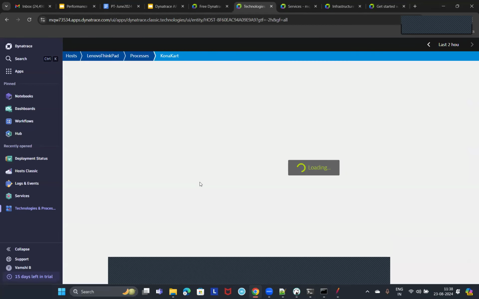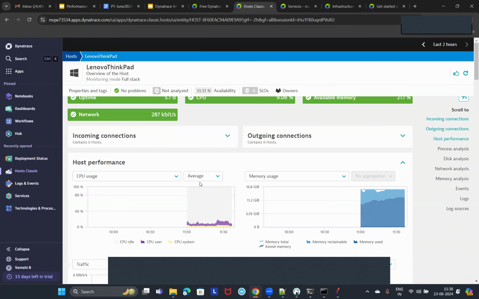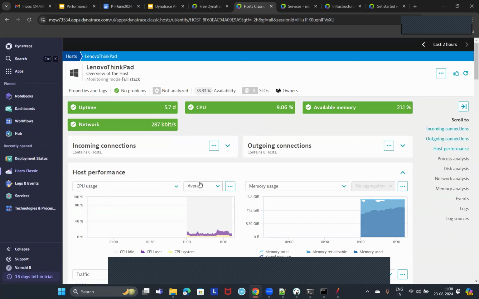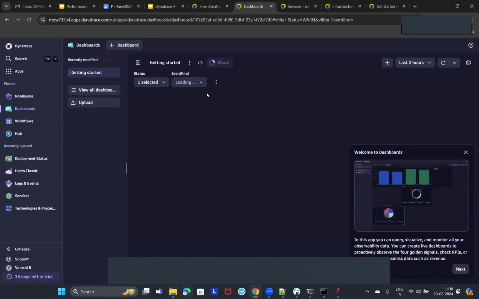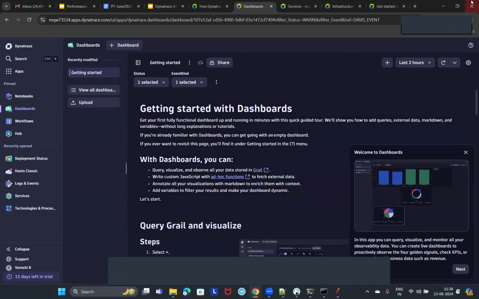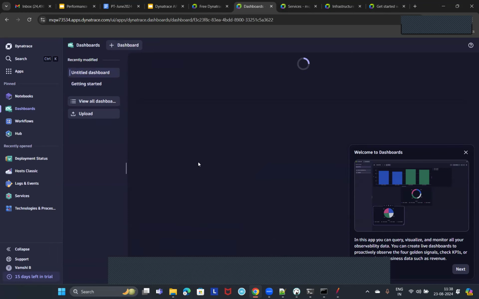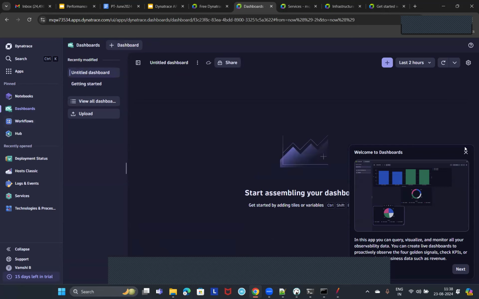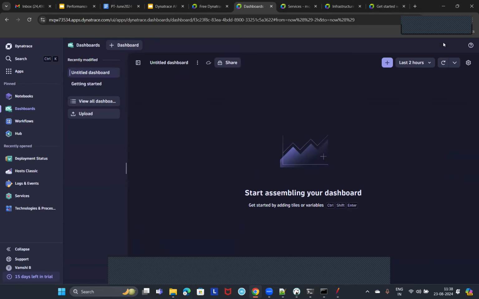Okay, and guys, one more very important benefit that you would be able to get is that you would be able to create a dashboard. So let's quickly create one particular dashboard over here and see. This is for the last 2 hours. Let me change this to the last 30 minutes, and then let me